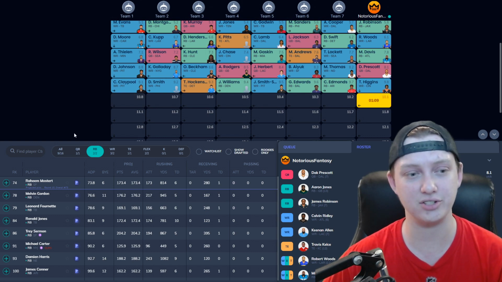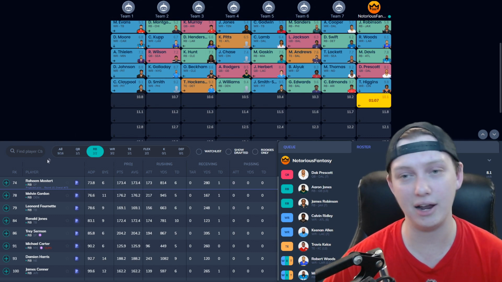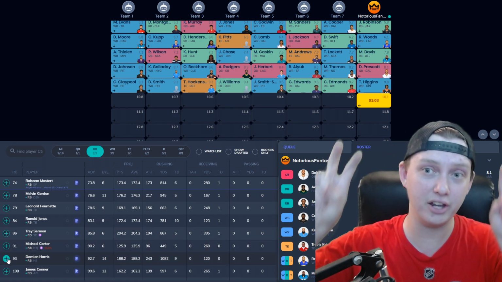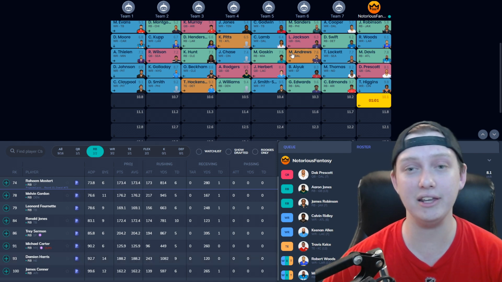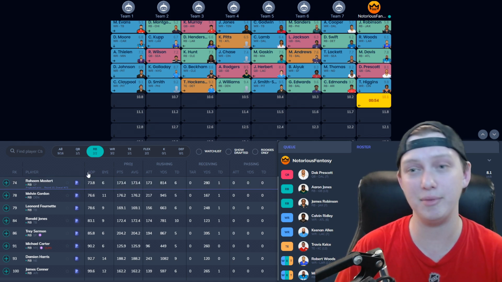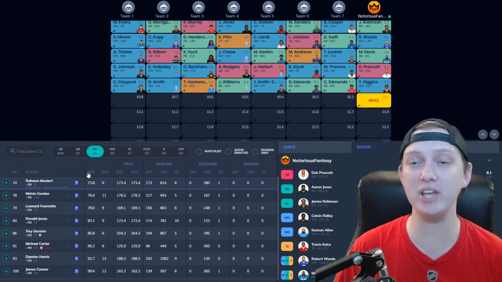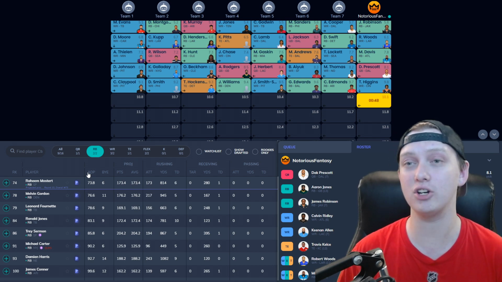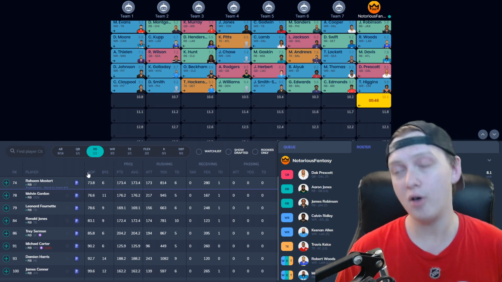I do like Trey Sermon. I like Damien Harris a lot here. The fact that he's still on the board is going to make me technically reach and take him. He could easily be drafted ahead of Kareem Hunt, in my opinion. I think that not everyone has caught onto the Damien Harris hype train just yet, but with Mac Jones under center, the upside of Damien Harris has increased by a lot because Cam Newton, when he was the starting quarterback,